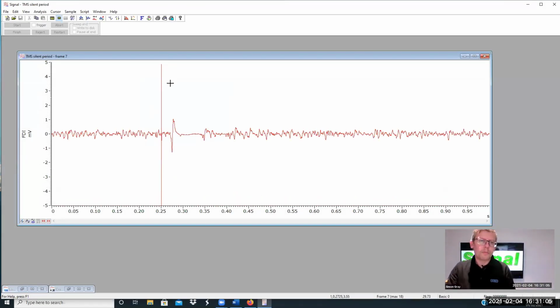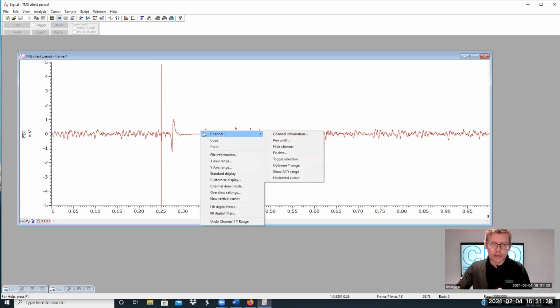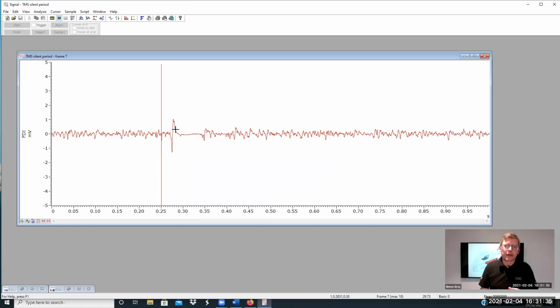Okay. Right, so you can see clearly a stimulus and you can see a response here. Now, this is a silent period from a TMS experiment. So we want to measure area under curve or peak to peak in this area. Okay, so remember we could do this on a virtual channel as well. We could modify the source channel where we can rectify it, but I think I'd like to impose on you the idea that using a virtual channel to rectify and smooth would be a better idea. And we will look at that in more detail in a short while. Anyway, to get measurements out,